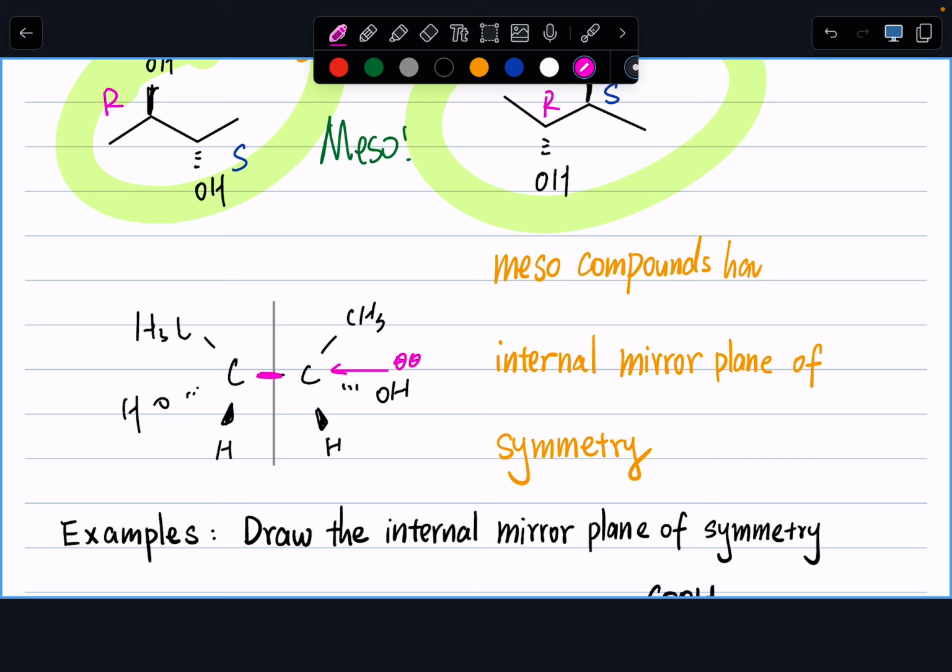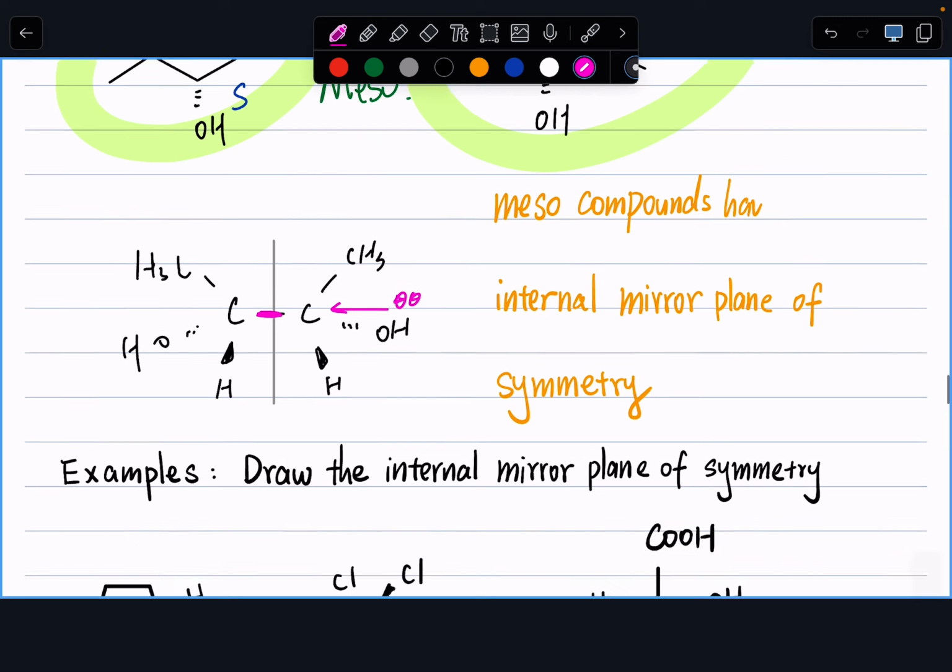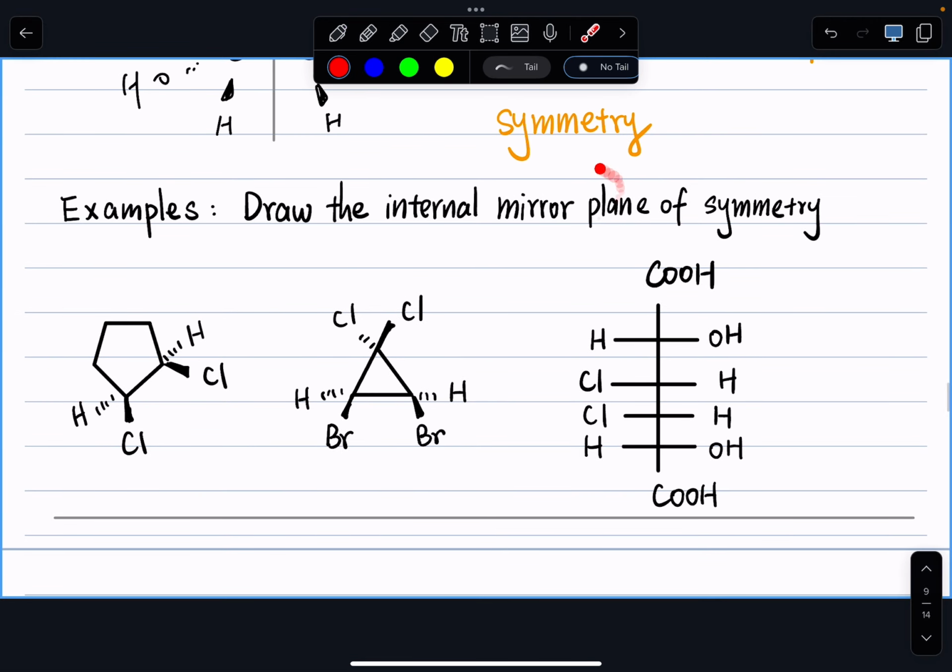This is another point where people tend to make mistakes. After you assign the chiral centers, think about it: does there exist a different way of drawing the molecule, or a different conformation of the molecule, so that we can identify an internal mirror plane? Or some of the questions we might ask you is, can you draw the internal mirror plane of symmetry for